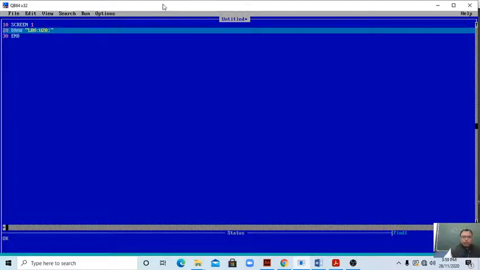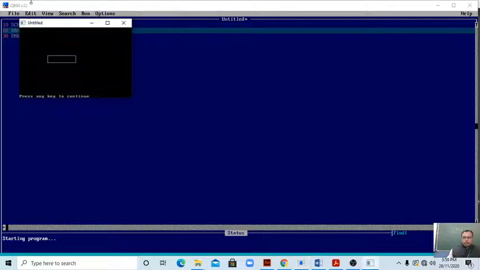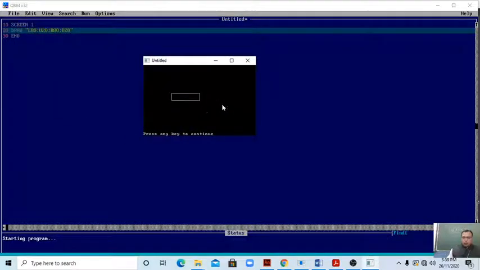Semicolon. We are moving to the right side, so R80, semicolon, then we are moving downside, D20. Okay, students, see what result we get. Yes, you can see now one box is clear.